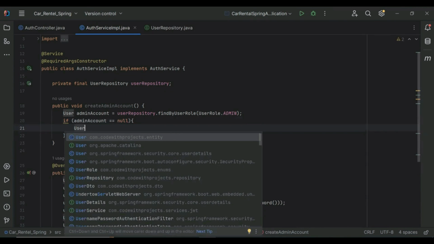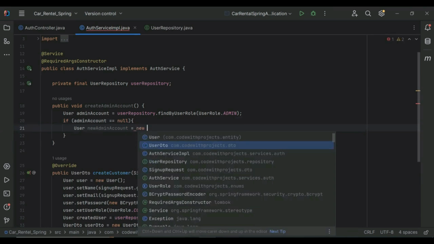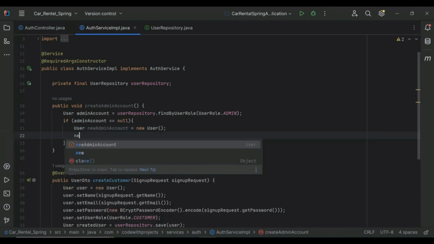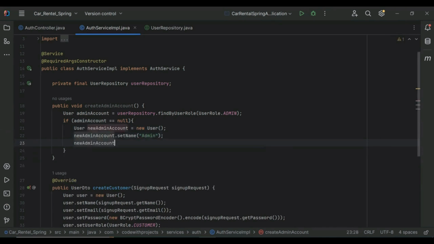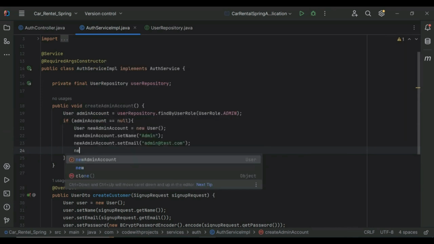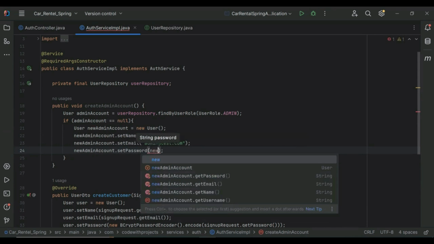So here I'm going to create an object, newAdminAccount, equals new User. After that, we need to set the name, that is admin. newAdminAccount.setEmail, that is admin@test.com. newAdminAccount.setPassword, and we need to save the password in hash form.